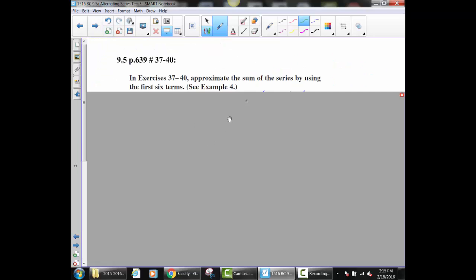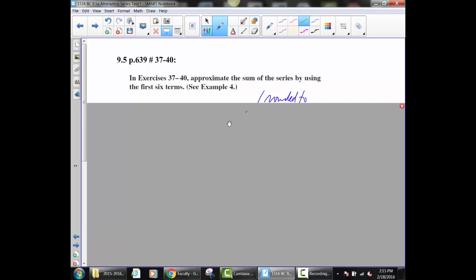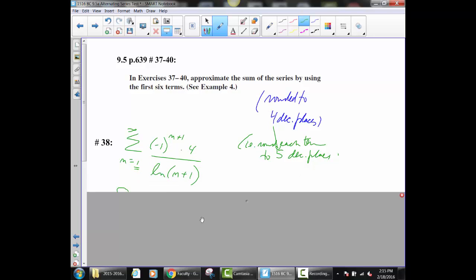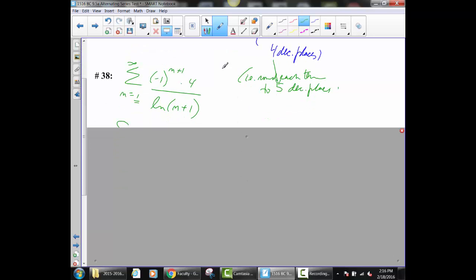In 37 through 40, approximate the sum of the series by using the first 6 terms. So that takes the guesswork out of it. They're telling you to use the first 6 terms. And they didn't tell you in the book, but if you look at the back of the book, you'll notice the answer is rounded to 4 decimal places, which they should tell you, which means we're going to round each term to 5 decimal places. So it is an